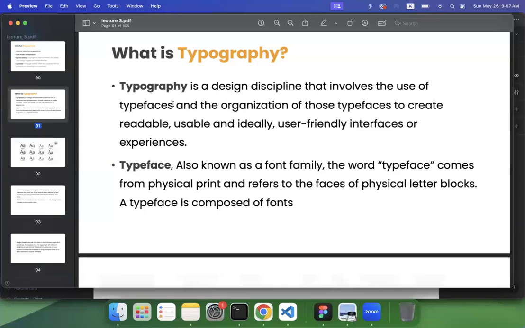Whereas when you try to create an application for kids or learning students, the typography that you have to select is different. Especially for kids, you might have to select some playful fonts to get their attention. And for study purposes, you might have to select a more readable font because there can be so much readable content. So you have to consider all this when you are selecting a typeface or typography on your